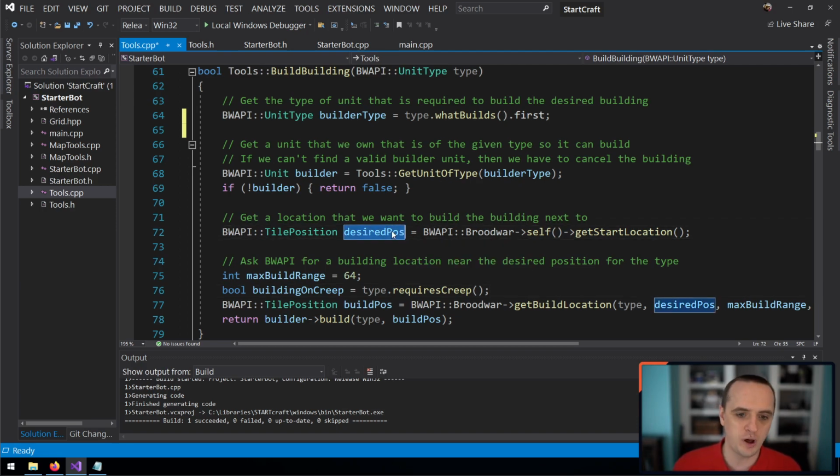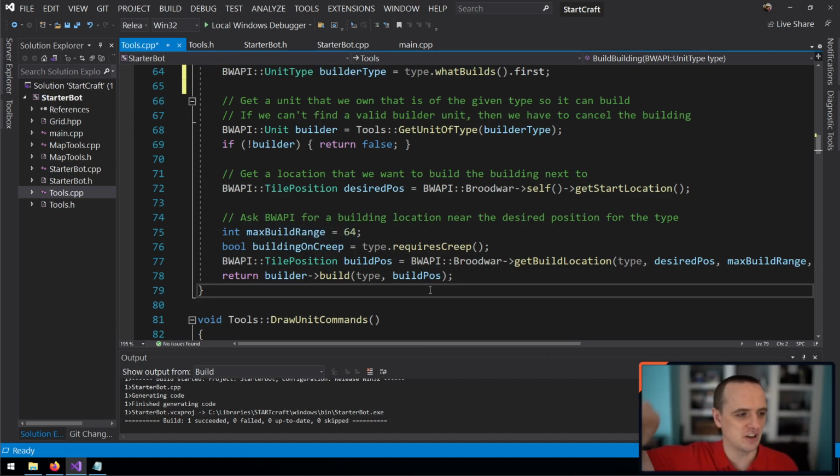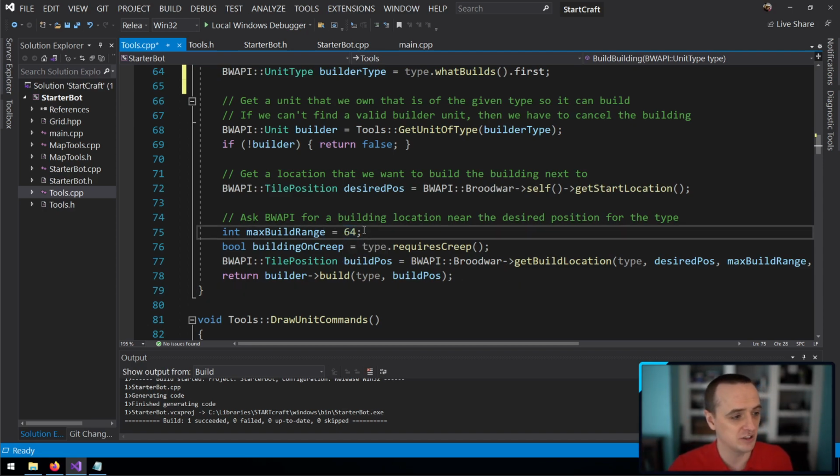However, where do we want to build our buildings? Well, ideally, we want to build them close to our starting location, right? So this desired position is our starting location, and that's of type tile position. Now, we have to pass in a maximum building range because the algorithm that they use searches, I think, in some sort of spiral around the desired position up until a maximum building range. And this building range is actually in build tiles, so 64 is almost the entire size of the map, okay? So if you want to ensure that it's really close, put this down to something